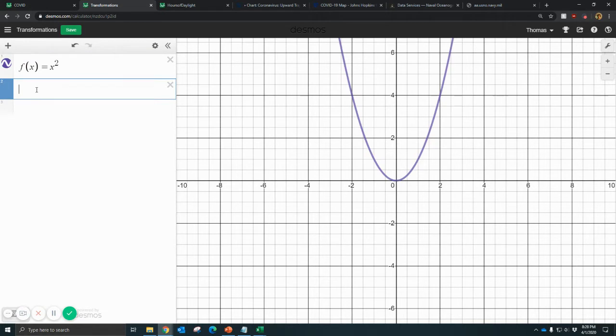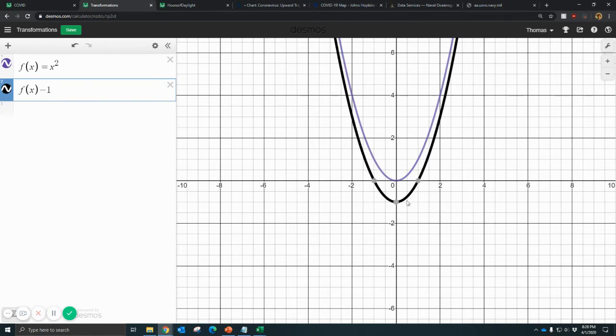And let's say I wanted to move this graph down one. These are y values vertically and x values horizontally. So if I wanted to move the graph down one, I would want to subtract from the outputs of this function. The outputs of this function are whatever x squared equals. And you could also say the outputs are just f of x, right? If I subtracted 1 from that, I would have this. And we can verify that by knowing that this is x squared minus 1. So that red graph and that black graph are the same graph. Okay. So by subtracting 1 from the output of a function, we can produce this shift of 1 down.